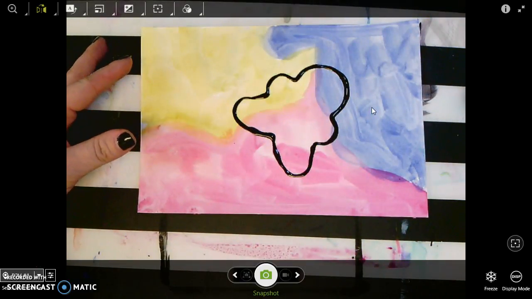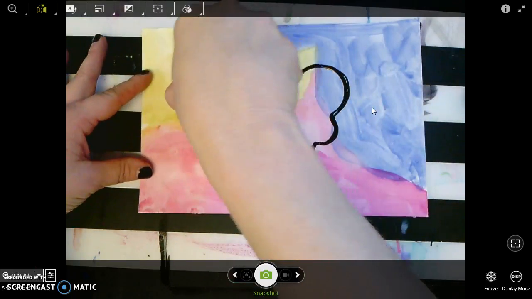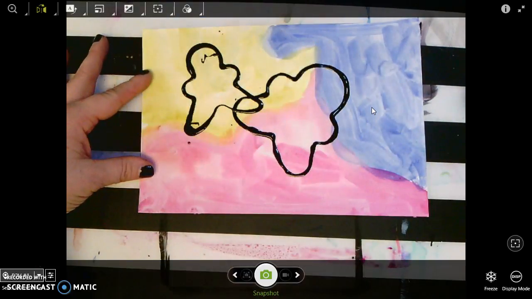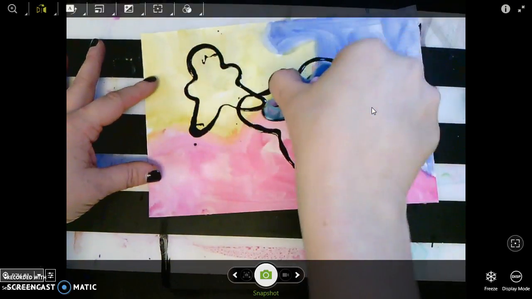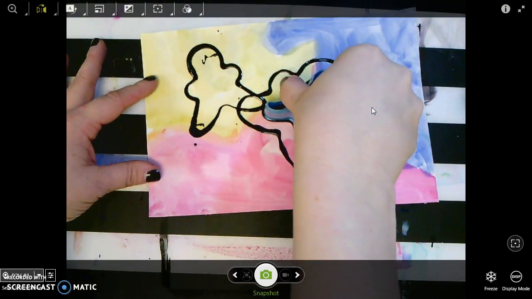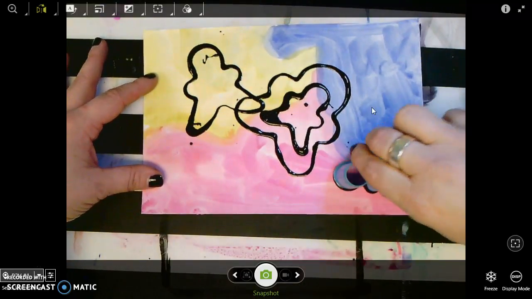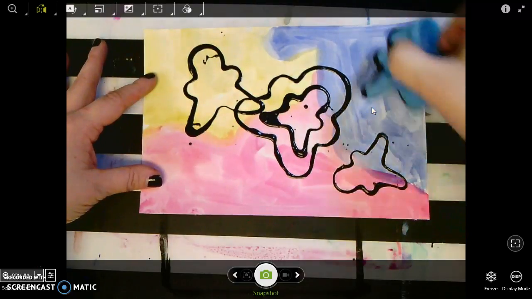Bubbles in. Now I might try a different size, and they can overlap. Like I could put one here. 1, 2, 3. And maybe I'll do a little one. Oh, maybe I'll do a little one. It's like he has a baby one inside of him. What if the baby had a baby one inside of him?